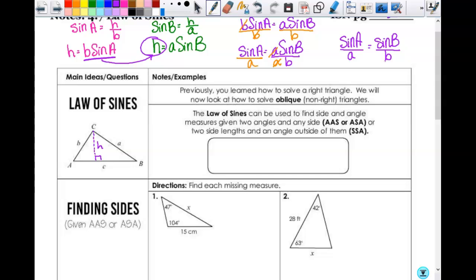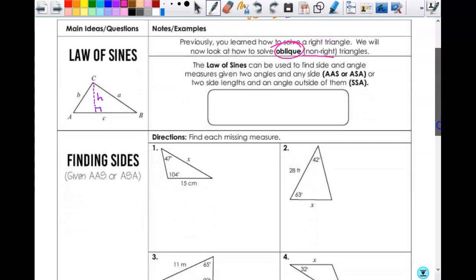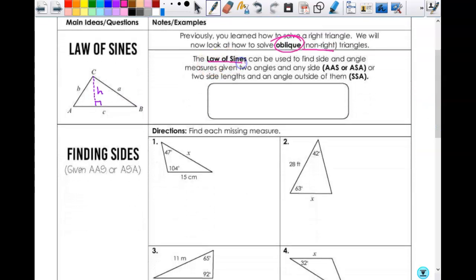Okay, make sense? Now, which triangles can we use this on? Because we can't just use it on every triangle that's not a right triangle. It only works on certain ones. So what this says here, it says, previously you learned how to solve a right triangle. We will now look at how to solve an oblique triangle. All that means is that it's not a right triangle. And we're going to use the law of sines. Okay? So the law of sines can be used to find the side and angle measures given two angles and